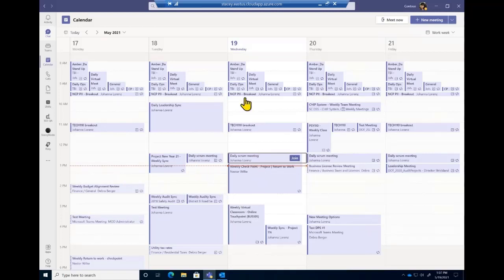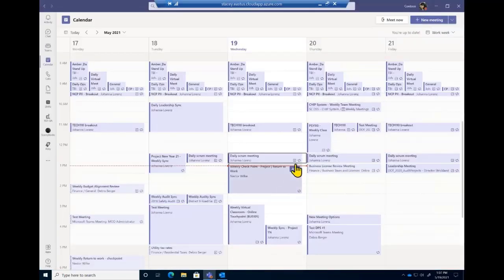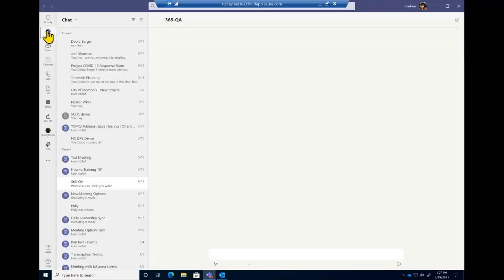In those meetings, you would schedule those from either the team calendar here, like you see, or through Outlook. If you're in Outlook, you can, of course, schedule the meeting from there, but I'm going to show you through Teams.